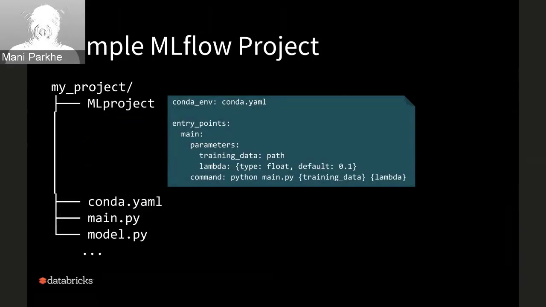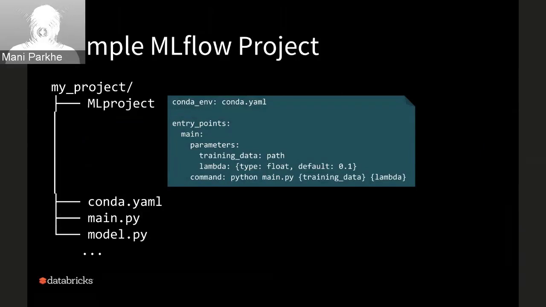So very simply, when you write a training algorithm, you include this within that directory structure, create a simple ML project file, and capture your conda environment, and boom, anybody is able to then reproduce your run using a simple couple of MLflow commands that can just take your existing code, use their data, use their parameters, and create a run, or you can reproduce your run.